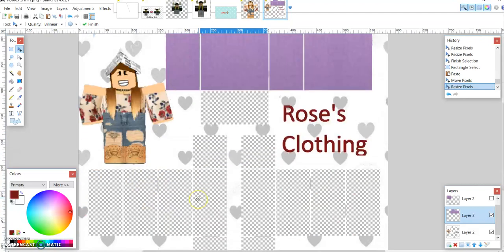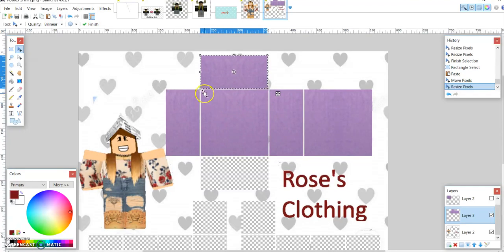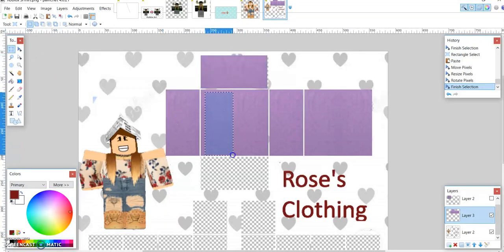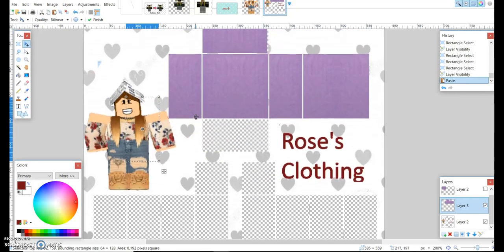Now you have to do the sleeves if you want sleeves, which we will. And to do the sleeves, you're just going to copy again, 64 by 128. Oops, I think that's 100. Okay, so 64 by... hold on, technical difficulties. Okay, so finally I got it, and then just hit Control V so you paste it,